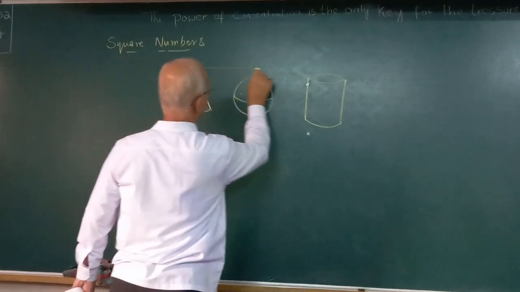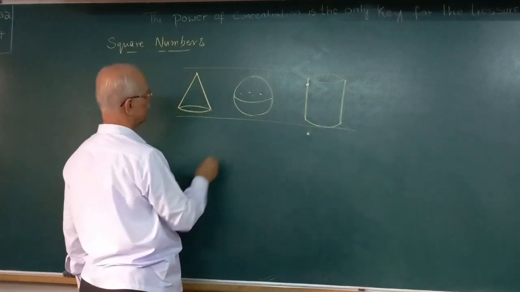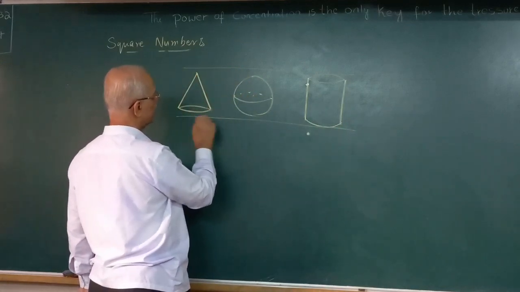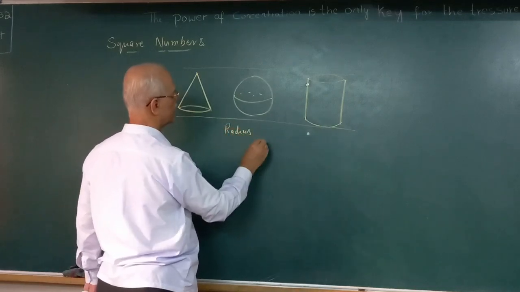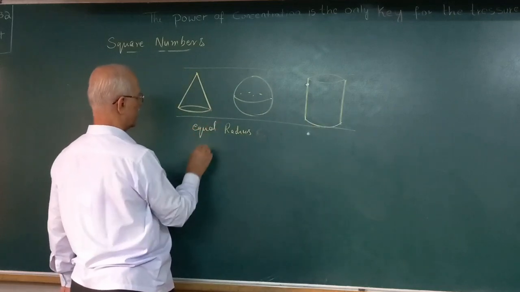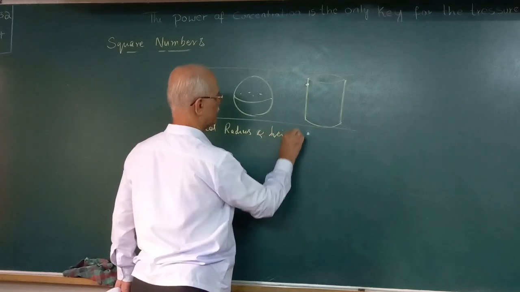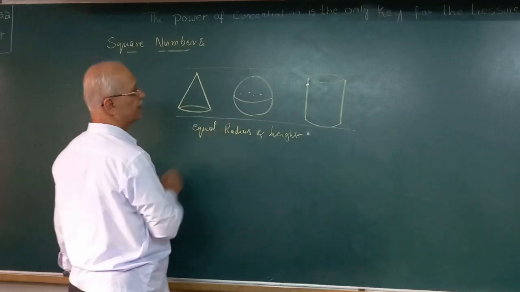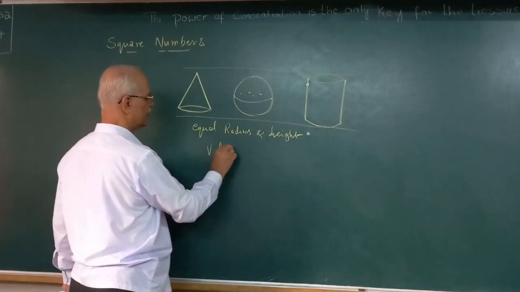All 3 are of the same height. H is the same and R is the same. Radius equals radius and height. If you take equal radii and height, then their volumes will be in the ratio of